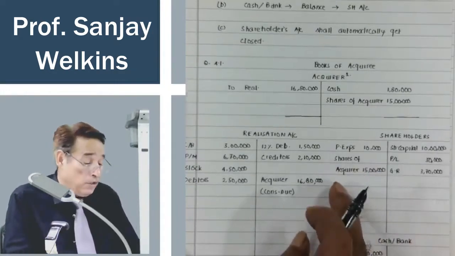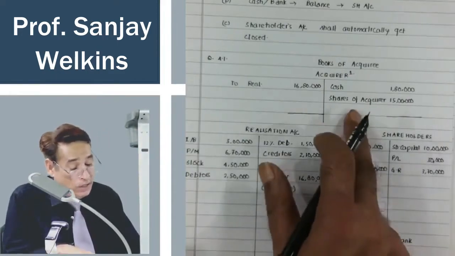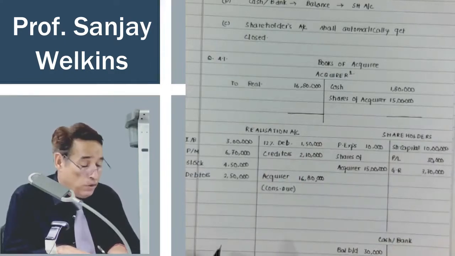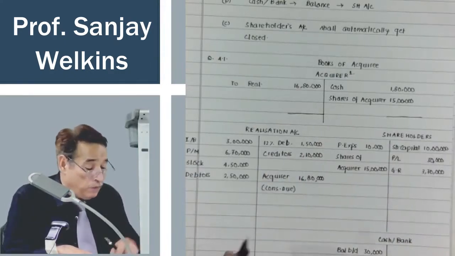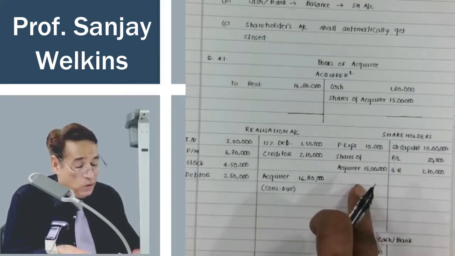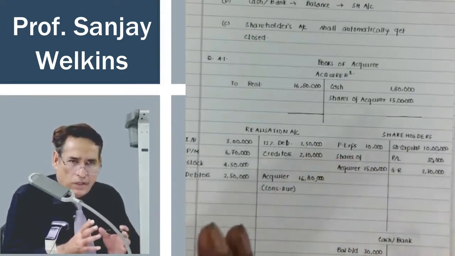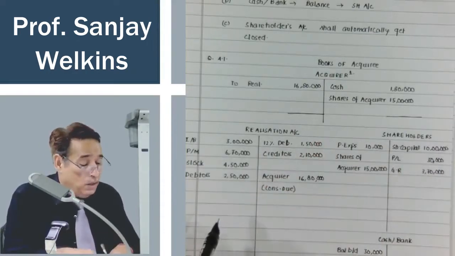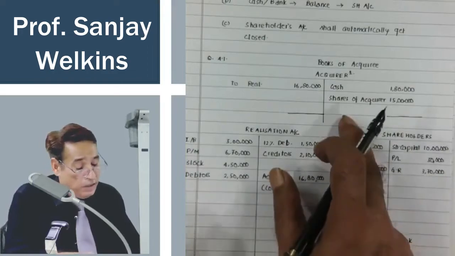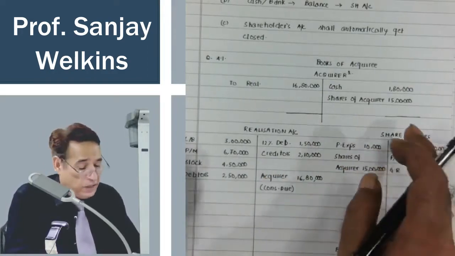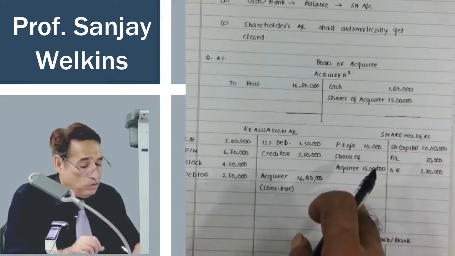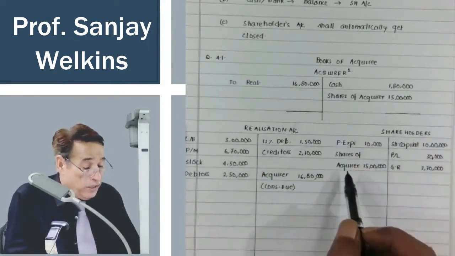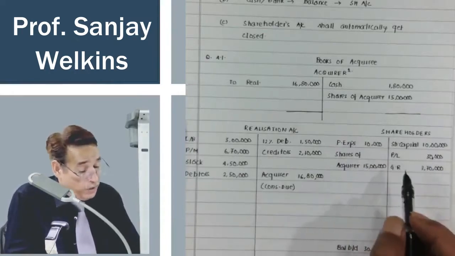Why am I saying that you should not write acquirer here? Because logically shares of acquirer should be posted to another account, shares in acquirer account, and from there it is posted to the shareholders account. So we are trying, directly or indirectly, not to prepare the shares in acquirer company account. So better, whatever payment you receive besides cash, simply write it to the debit side of the shareholders account, but take care in that case, don't write acquirer, write shares of acquirer company.